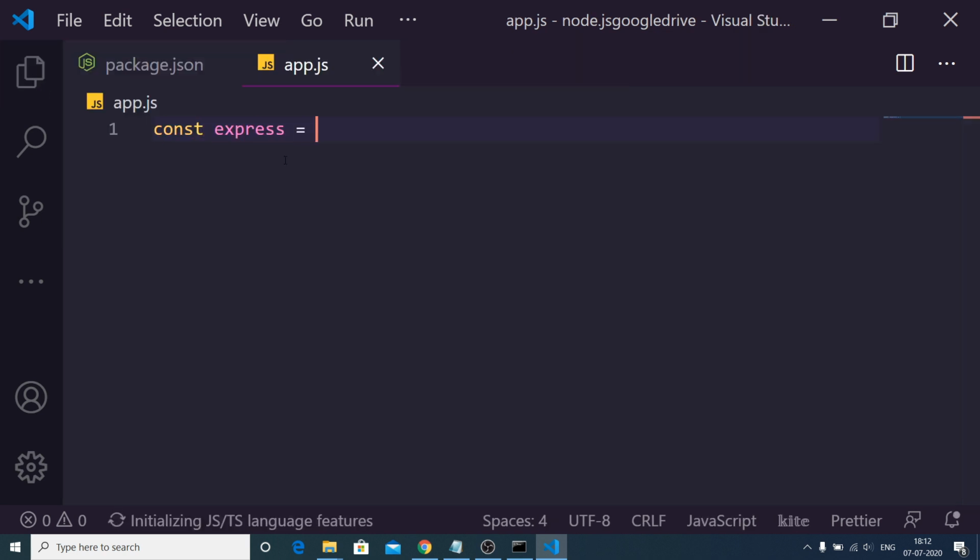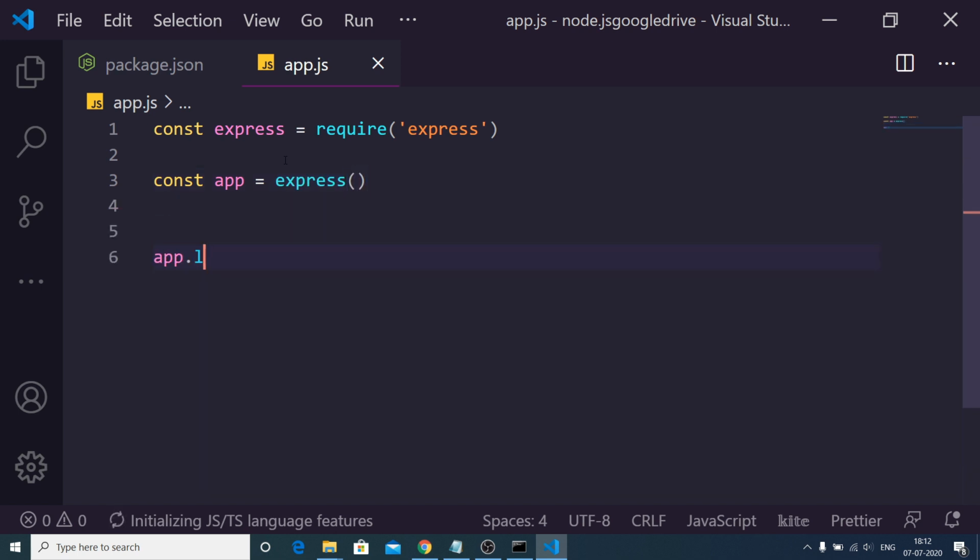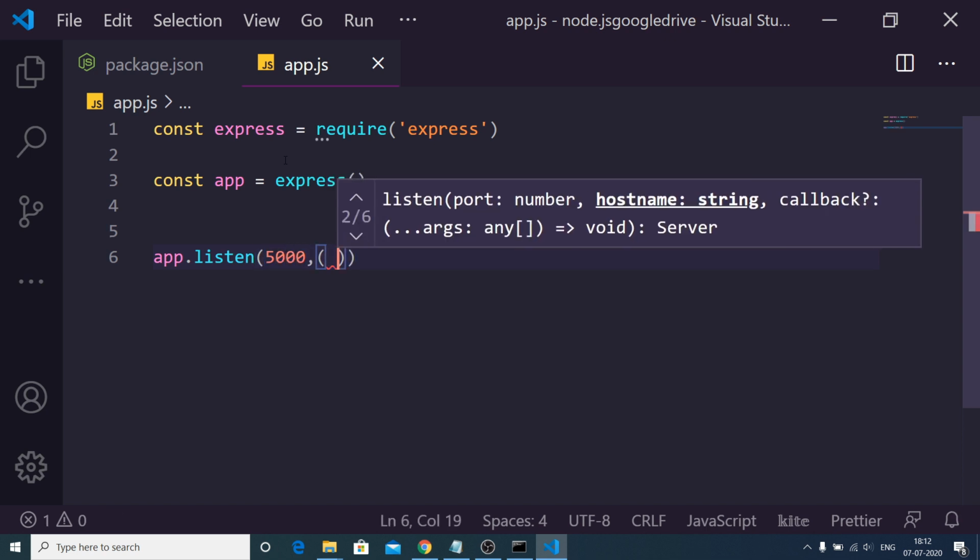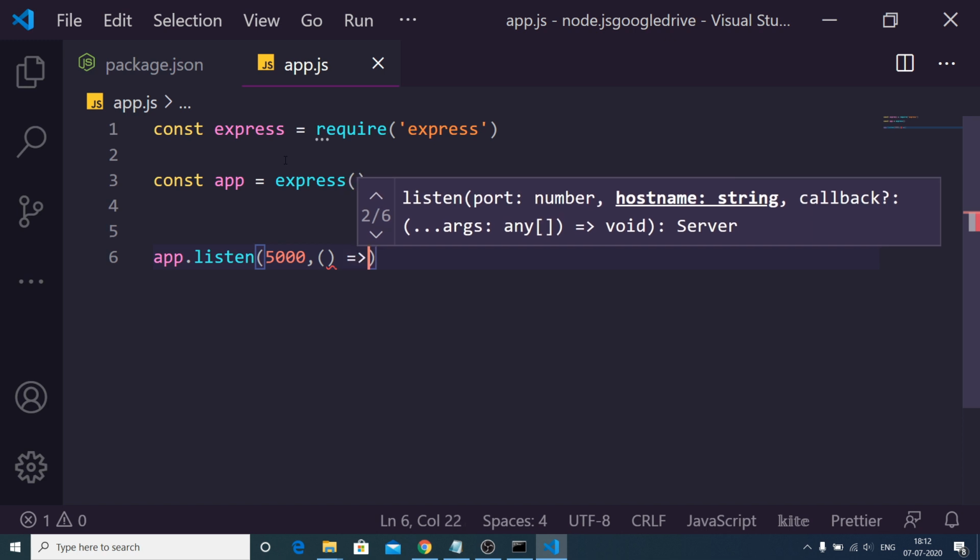First of all, import Express inside your application. Start the Express server on port 5000 with app.listen, and the second argument is a callback function which will execute.